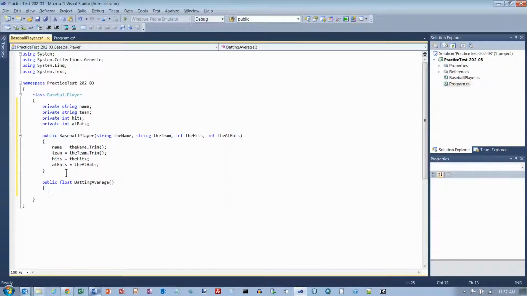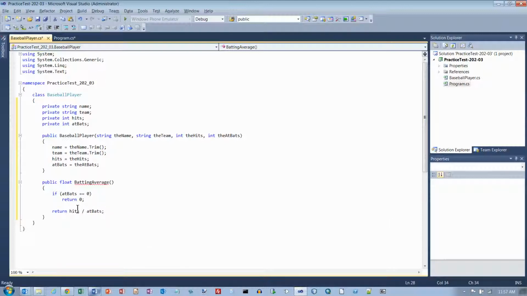Don't need to pass anything in because we've got the hits right here, and the at-bats right here. So all I need to do is divide them. But if at-bats is equal to 0, return. Okay, and if it's not 0, I'll get past that. If it is 0, I've already returned. So all I need to do now is return hits divided by